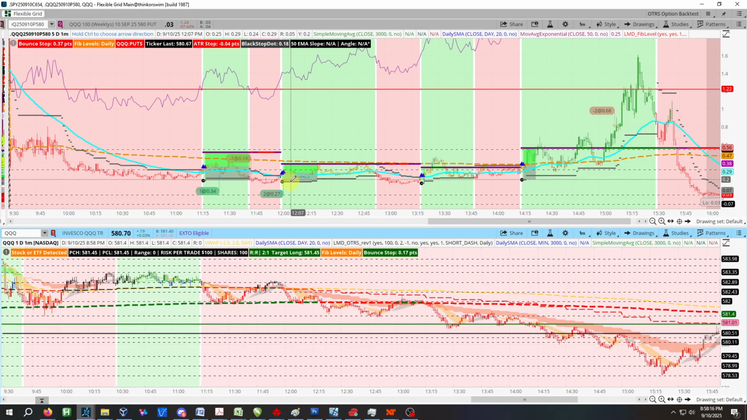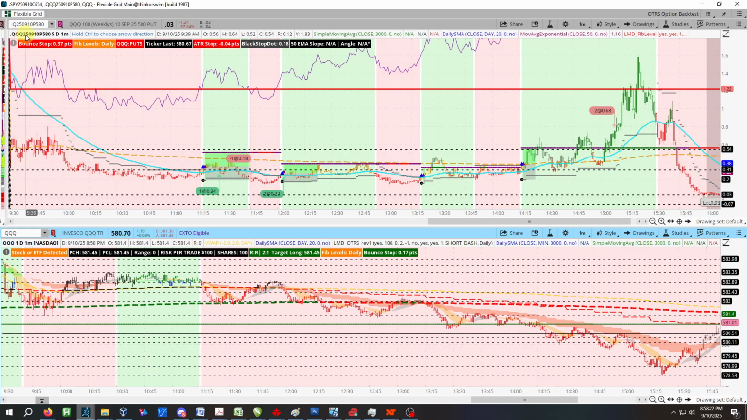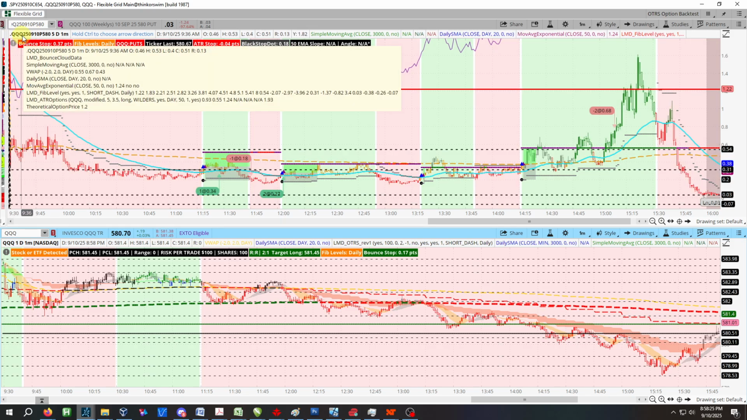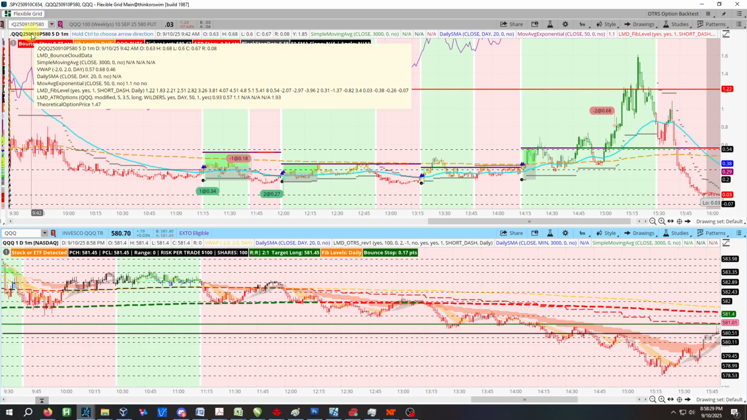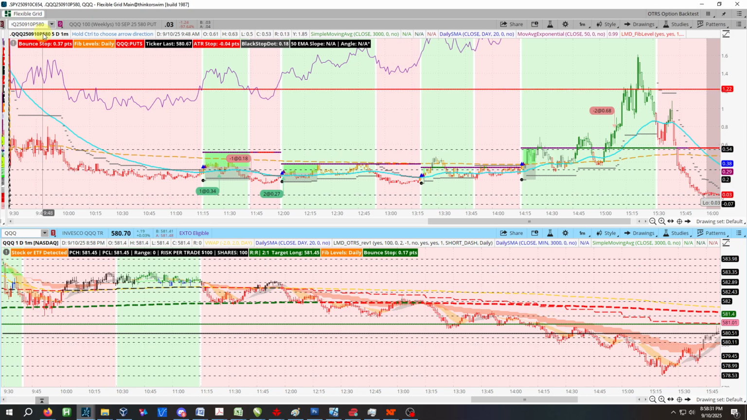But while out on the golf course, Spark sent me a chart. This is a put. So if you look up here, this says this is a QQQ 910, so it was expiring today. They call them 0 DTEs. It was P for the put. It was a 580 put, meaning